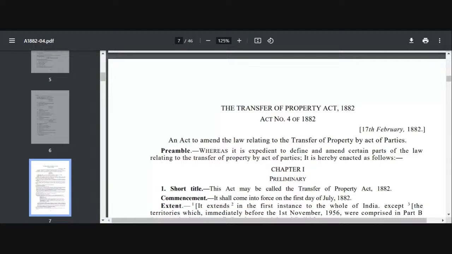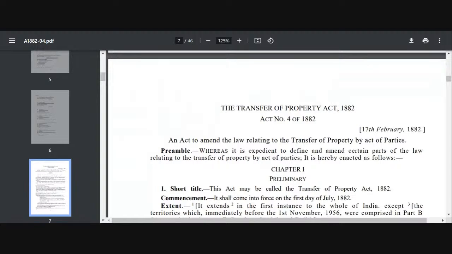So after the propositus is dead, then his property is distributed among the heirs or among the legatees, or among whoever the heir apparents or successive heirs are. So succession is something which takes place after death. What else takes place after death? That is will. We give effect to the will after the death of the person who has made the will. That is the legator. We call him legator. So will and succession are not coming within this ambit of TP Act.